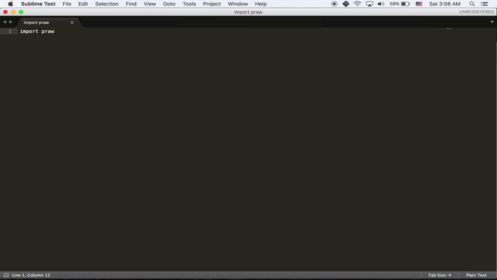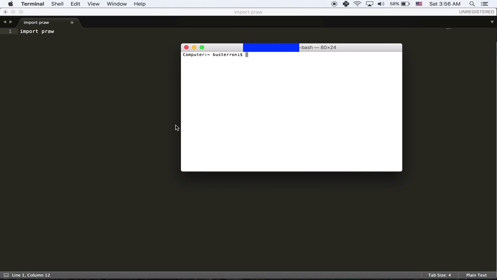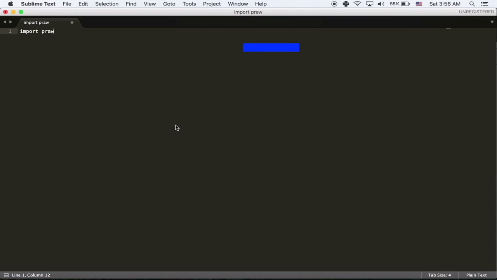If you don't know how to, you can Google it. It's really not that bad. I personally use something called pip to install it. I'll just do it right now. If you don't have pip installed, it's easy to figure out from Google. Mine's already installed, so it's going to tell me that. But yeah, you should install it in terminal. So you're going to import Praw,